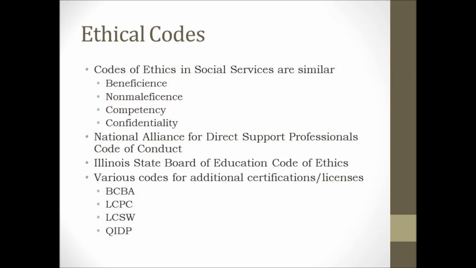While some details may differ, most codes of ethics in social services are similar. These guidelines generally do not conflict and will have the same underlying themes of beneficence, which is helpfulness, and non-malfeasance, which is to do no harm. Guidelines for working within the scope of one's professional competency, confidentiality, dual relationships, and research and publication are usually covered similarly in all codes.